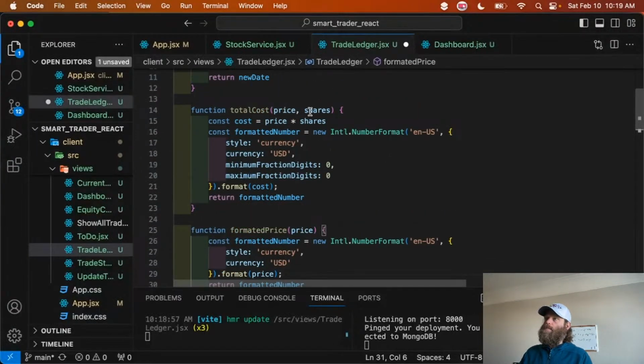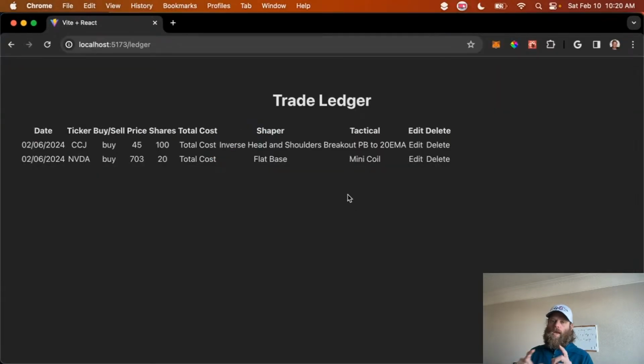We're just going to pass in the price and the shares. So that's a pretty simple formula. Eventually, though, actually, no, for the ledger, this will be fine. But eventually, for the current portfolio, we'll need to solve a way to, let's say you buy 100 shares, let's say we bought, today's Saturday. So let's say we bought 100 shares yesterday, and then we buy 150 shares next Wednesday, and then another 100 shares in a month. We need a way for that to actually show the total cost,